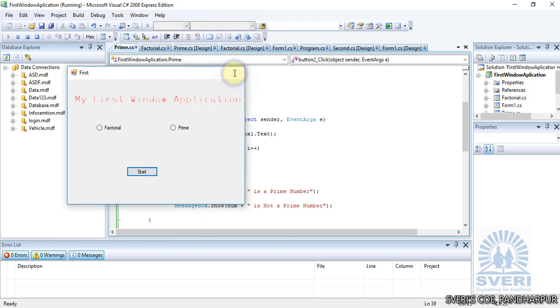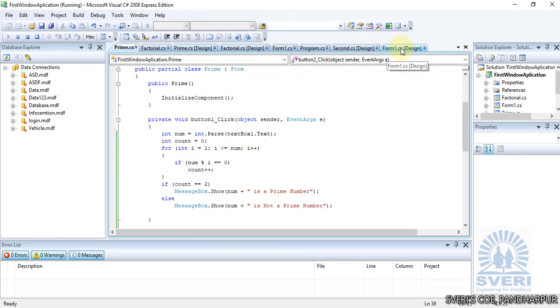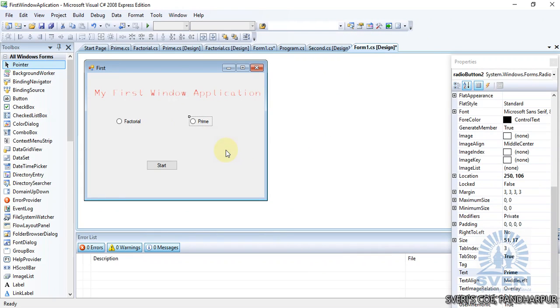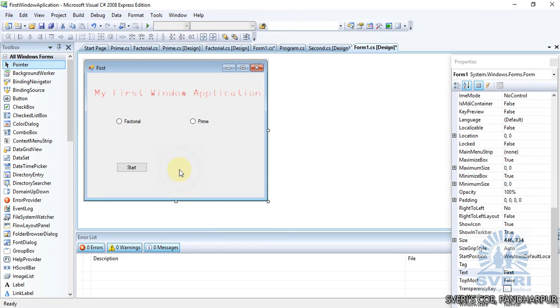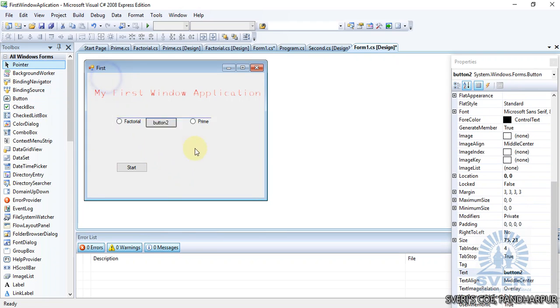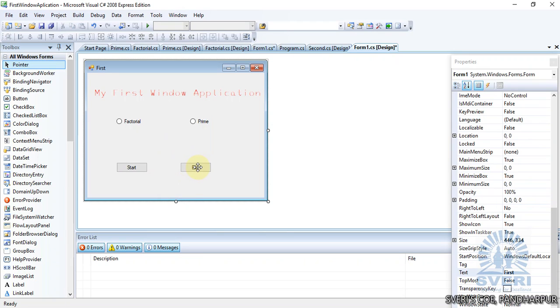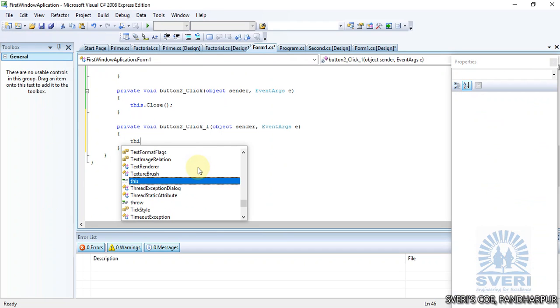So this is how we can create a Windows Form application which will work for different scenarios. These are the various controls we can use. Now we'll add one more button here, if you want to stop your application just by clicking on this button. So I will rename this button as an exit button. Whenever we press this exit button, if you need to close this application, just double click on this and add a code,